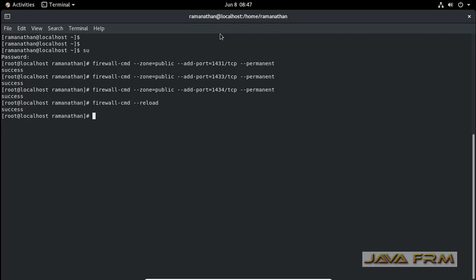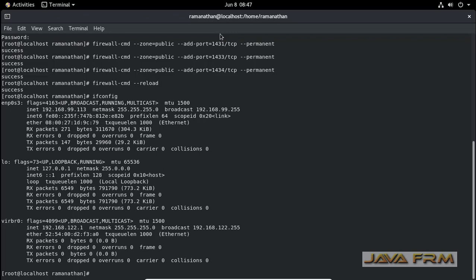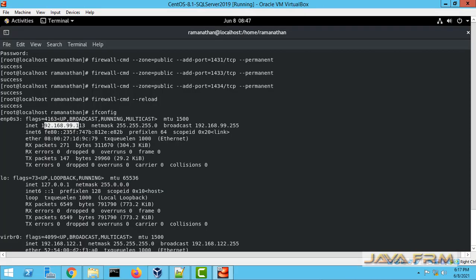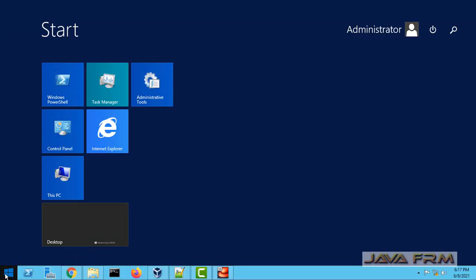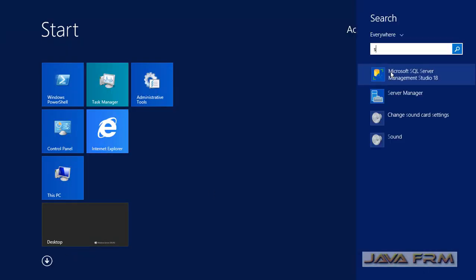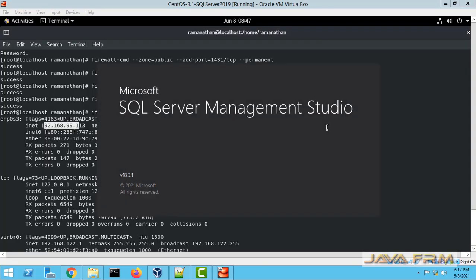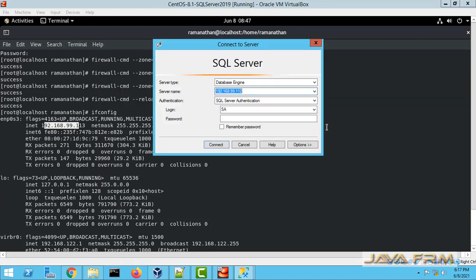Next I am going to connect using SQL Server Management Studio, using this IP address. The IP address is mandatory here, then only you can connect from SQL Server Management Studio. Also make sure that you have an updated version of SQL Server Management Studio in order to connect to SQL Server 2019.